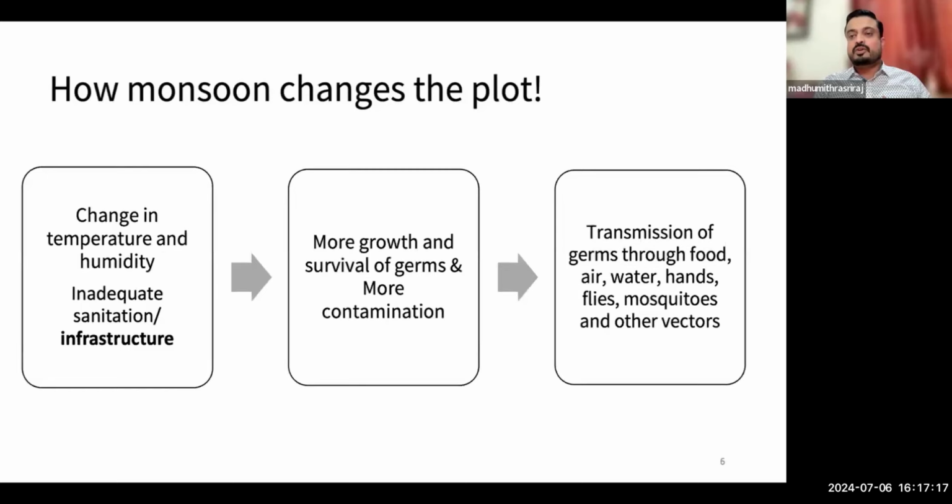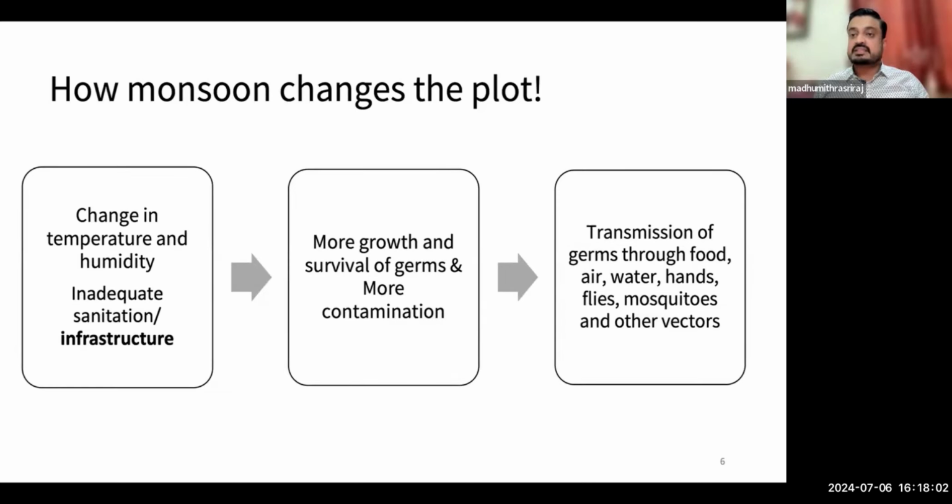But I did not want to concentrate more on summers because we are already entering monsoon now, right? How do such seasonal changes change the situation for us? There will be a sudden change in temperature and humidity. So many infrastructural deficits like potholes and construction sites can become sudden breeding grounds for so many vectors like mosquitoes. It becomes a good breeding ground for mosquitoes to grow and cause infections